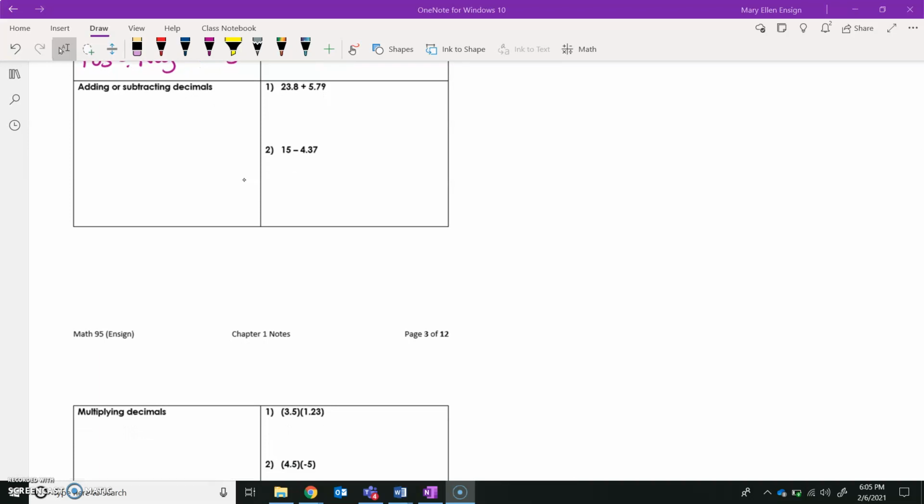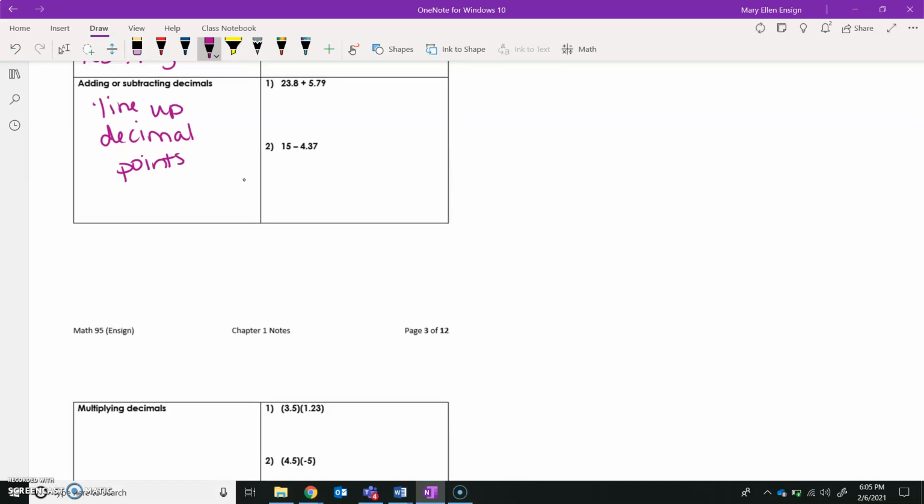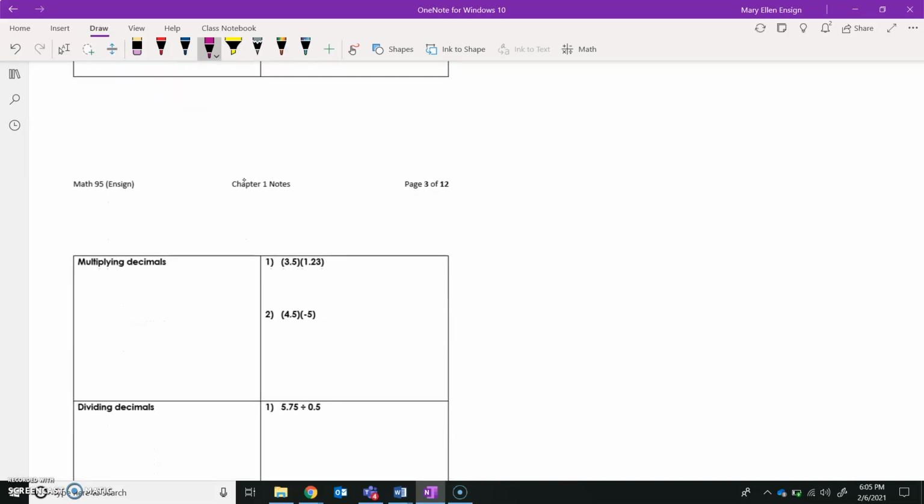All right, let's look at decimals for a minute. So again, we're not going to spend a ton of time because you do get to use your calculator. But when we're adding and subtracting decimals, we want to line up the decimal points. Okay, in what we're doing. Now, when we are multiplying decimals, we do not have to line up the decimal points. And the total number of digits